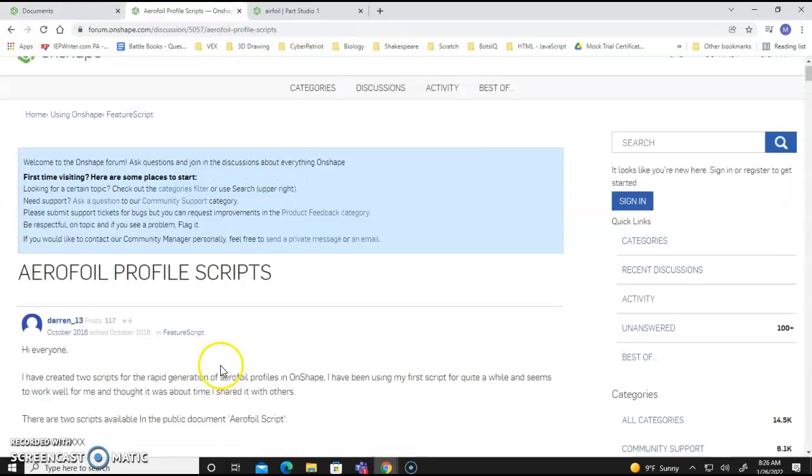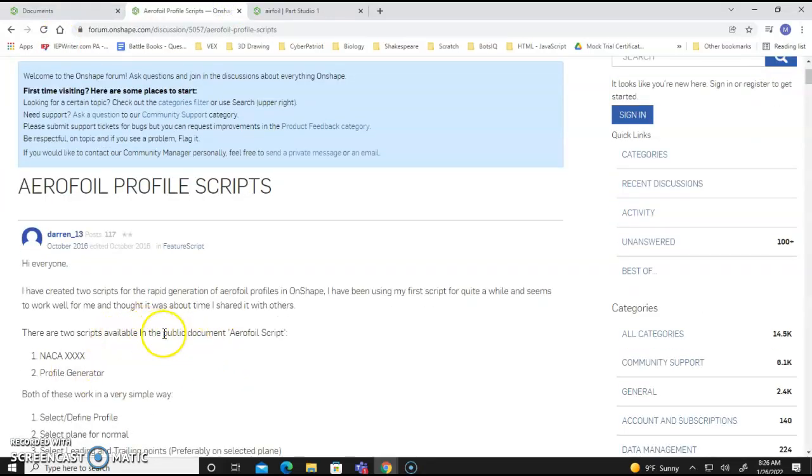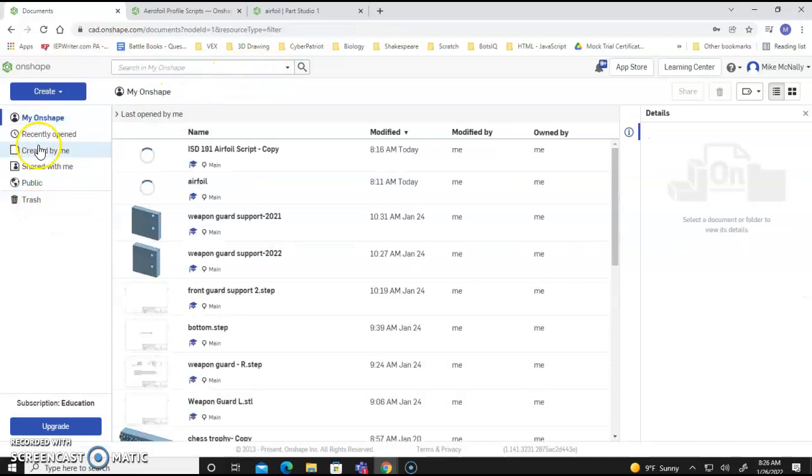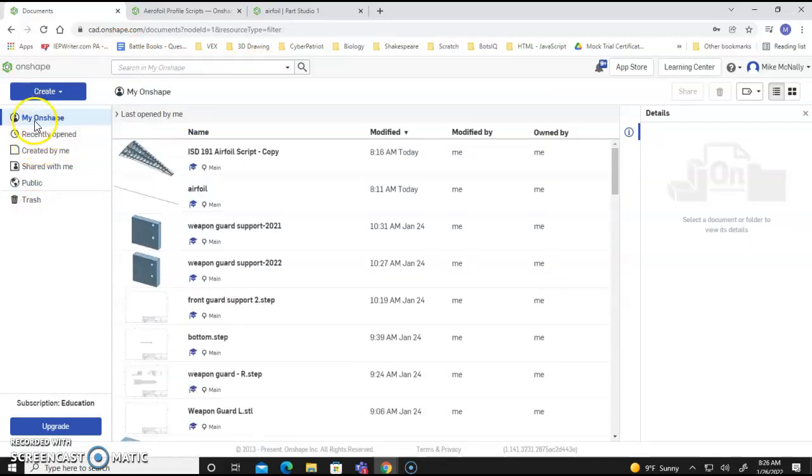and notice it said there are two scripts available in the public document Airfoil script. So I had to go and find a public document. Normally you'll be in My OnShape with all of the models that you've made in OnShape, but you can select Public here. If I was just to go search, I'd be searching my own stuff because My OnShape is selected. I need to go to Public,